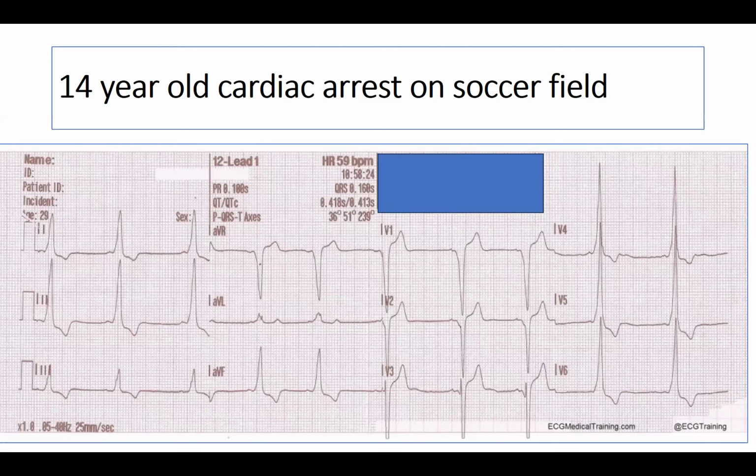And some people would say lifelong, the risk of sudden death could be as high as 1%. I think that's probably a bit overestimated, but I don't honestly know. I don't think anyone honestly knows. I guess it depends on how much you want to do ablations, what number you give to a parent. But there's no question that there is a risk for sudden death. So, okay, that's our assumption. So the first thing is the doctor who I was talking to said, well, you would put an ICD in this patient, right? So what do you think about that idea?